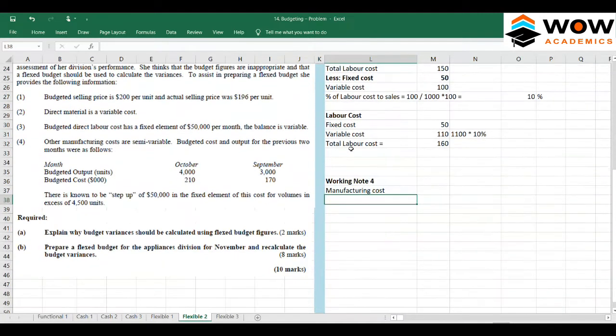Okay, other manufacturing costs. See, this has two elements here. So first we have to work out the